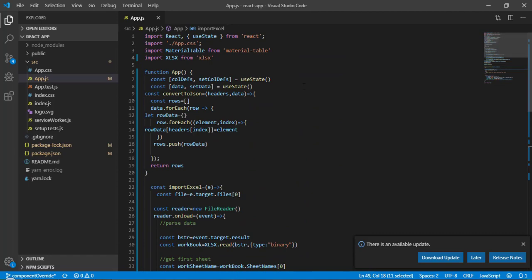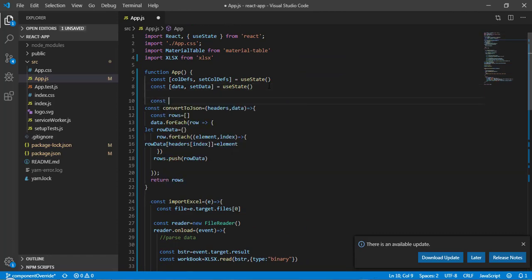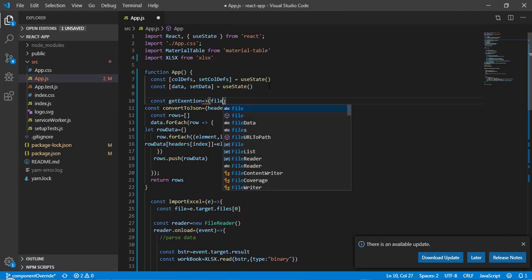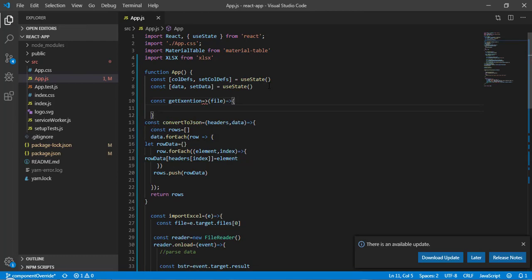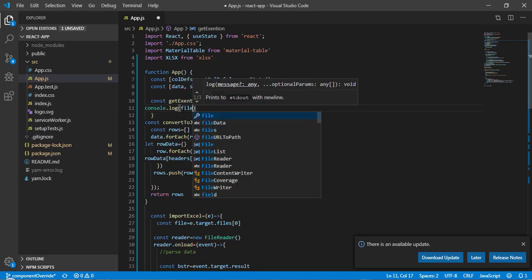Here let's break this line and call it const getExtension, and this function is going to give me the file. So I got this file, and now let me console log this file.